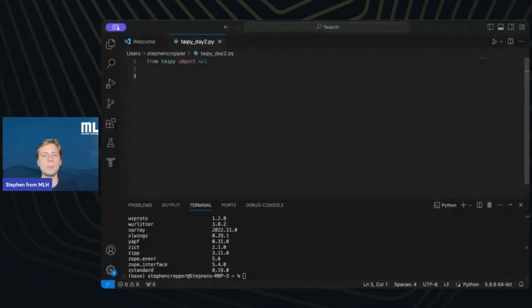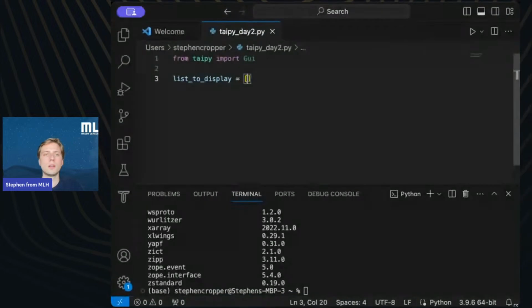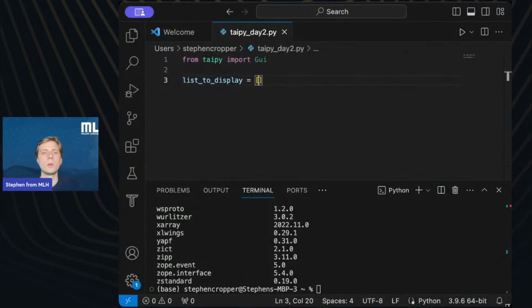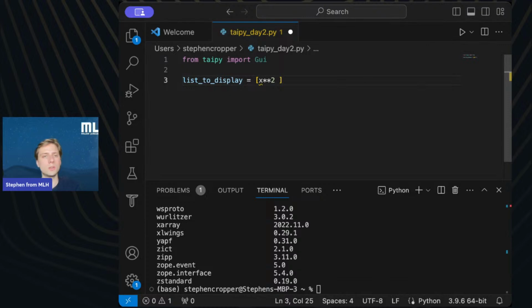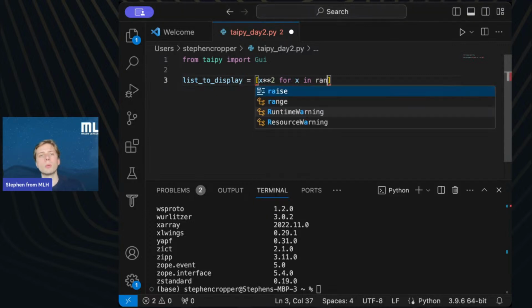So let's code this up. We'll type list to display. And what we're using here in this next line is what we call a list comprehension. I'm going to zoom it in a little bit for you. And the idea here is to write the code in terms of one single list, and we're putting a loop inside of there. So we'll type x squared because that is the operation we want to do for every situation. And then we type for x in, and I suppose we type range 110.